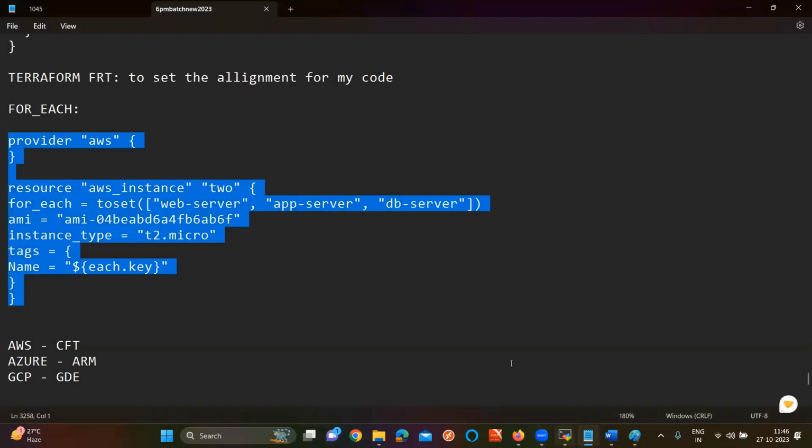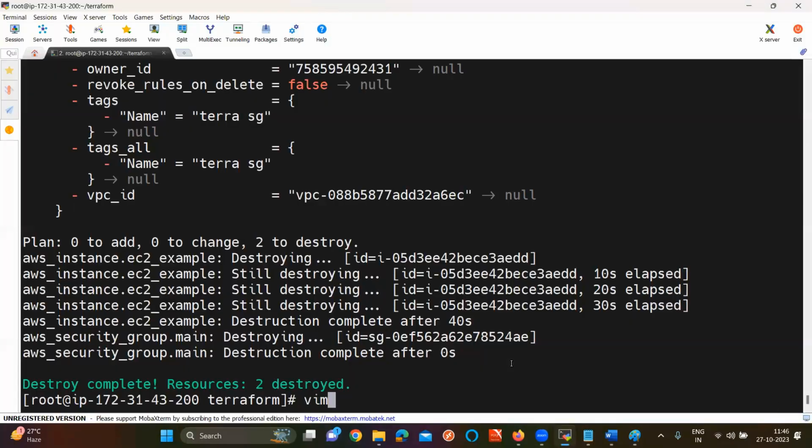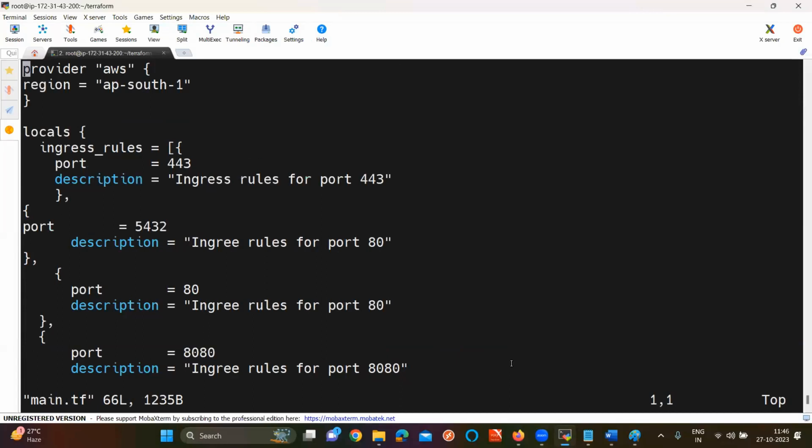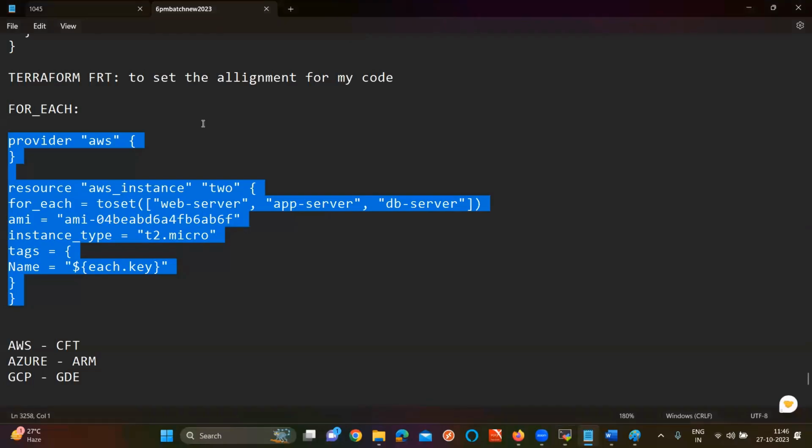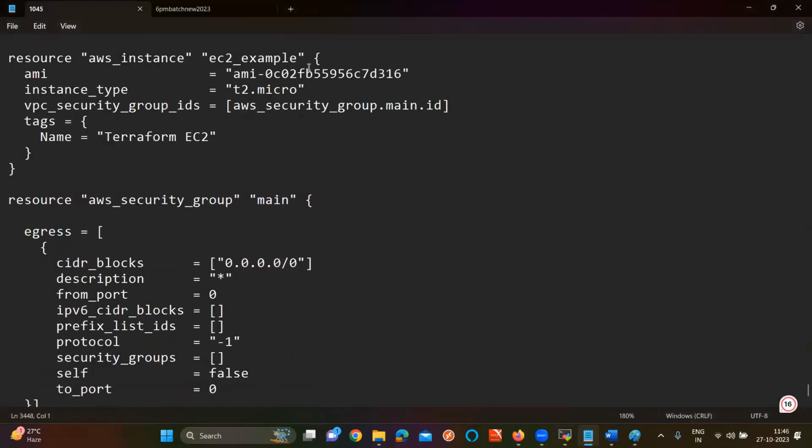Let's execute this one. I'm going to change the AMI ID here. Why? Because I might use it for some other region. This is my current AMI.